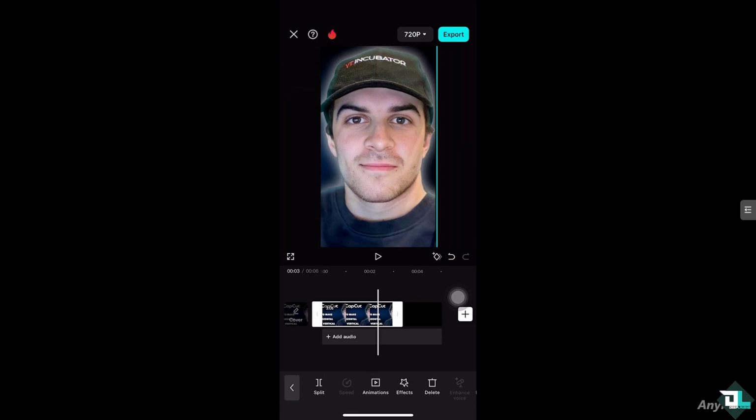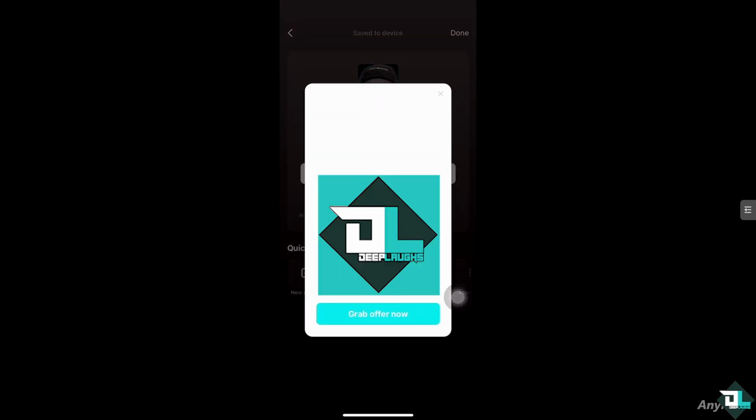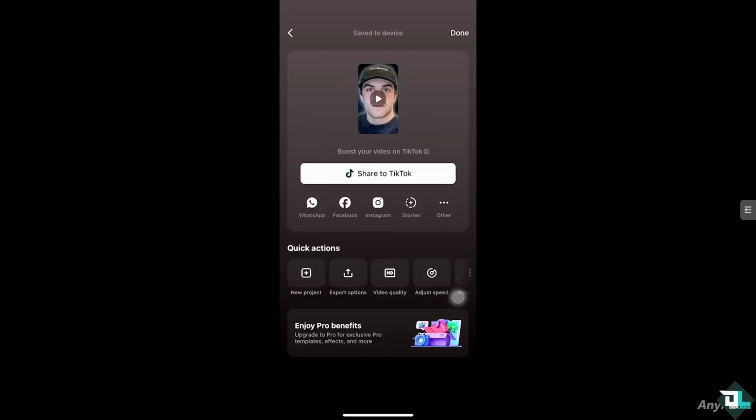And once you're happy with it, click on the export button on top of your screen. Click it. If you want to save a copy of this, maybe send it to your boss or to your client for feedback, or if you want to share it to different platforms like TikTok, Facebook, Instagram Stories, and WhatsApp, you have the option to do that. All right. And basically,